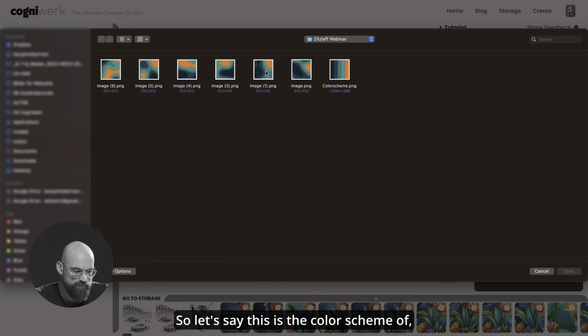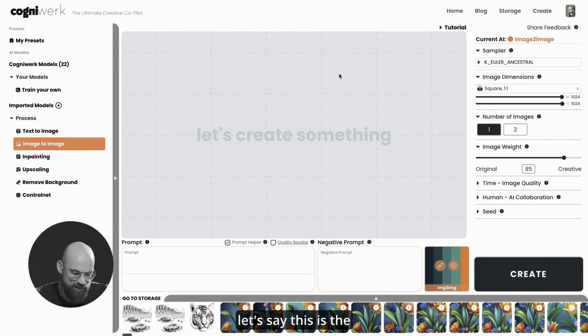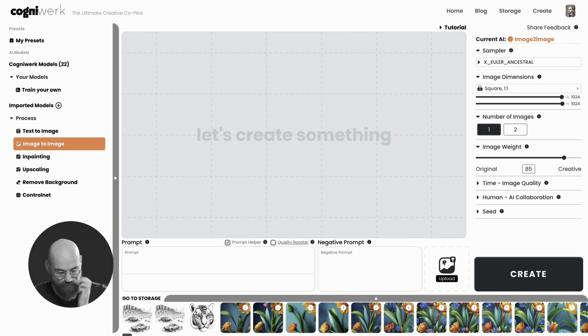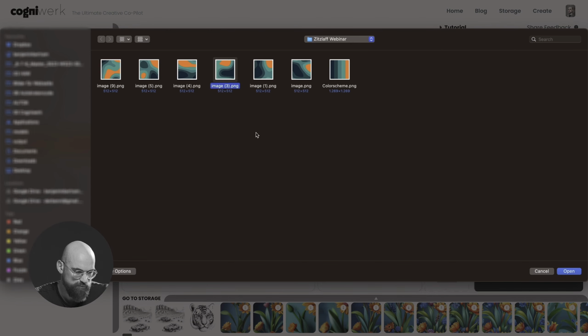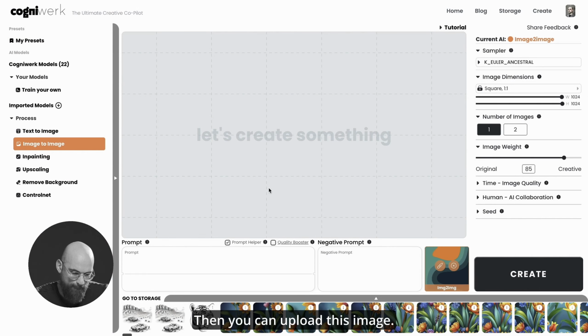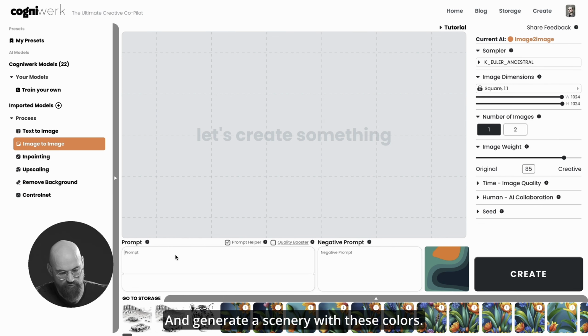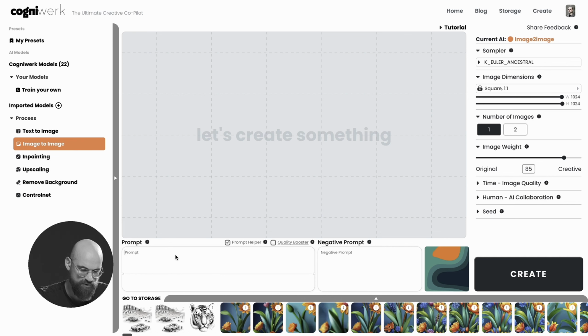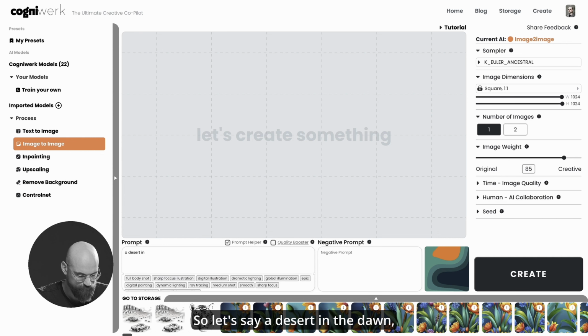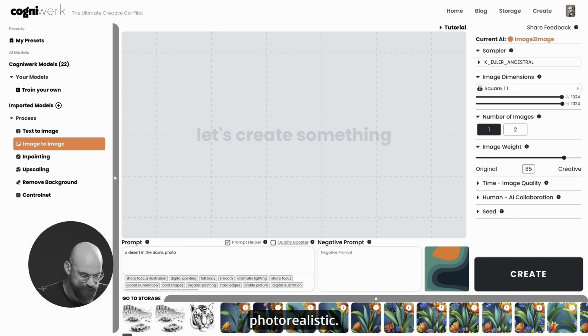So let's say this is the color scheme of your company. Then you can upload this image and generate a scenery with these colors. So let's say a desert in the dawn, photo, realistic,